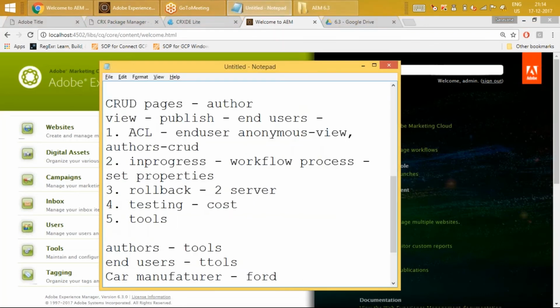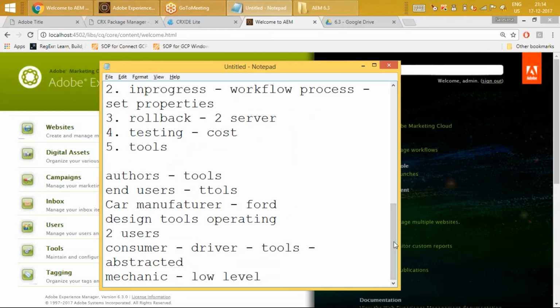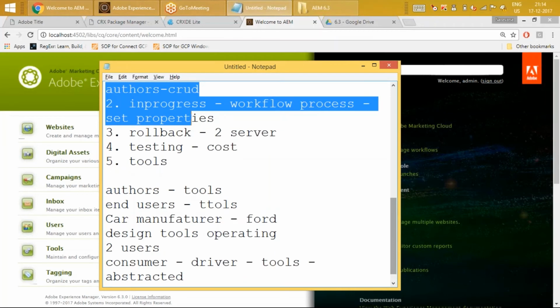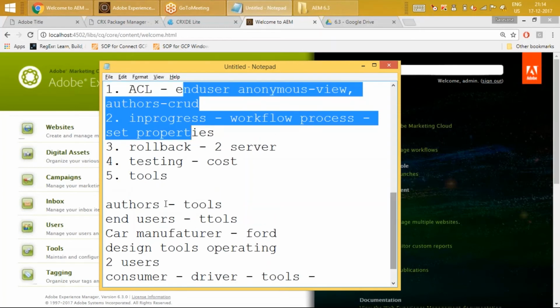For the tools, author, I need to differentiate the tools that are exposed for author versus publish. That's why they wanted to go for author and publish instances. And why they wanted to do it, coming back to the same argument: can't I expose all these tools directly in the publish instance itself? Because I'm buying a car, right? A car is only one product. We never purchase two cars, one for a mechanic purpose and one for a consumer purpose, right? A car comes as a silo product for me. Why did they want to separate this in the AEM world alone? Can't I do the same in this?